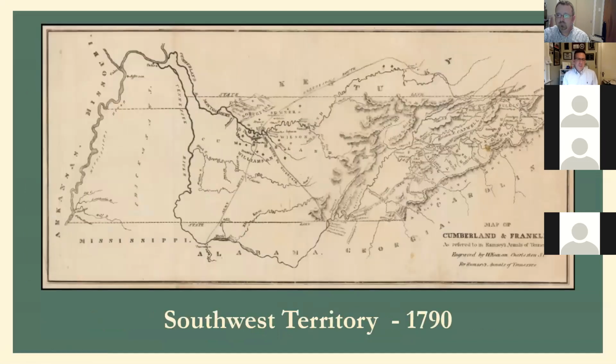In 1790, Blount was appointed by George Washington to govern the Southwest Territory. This was the area that would become the state of Tennessee. And you have to understand that at the time, originally, North Carolina stretched all the way from the Atlantic Ocean to the Mississippi River. And there were furtive attempts to